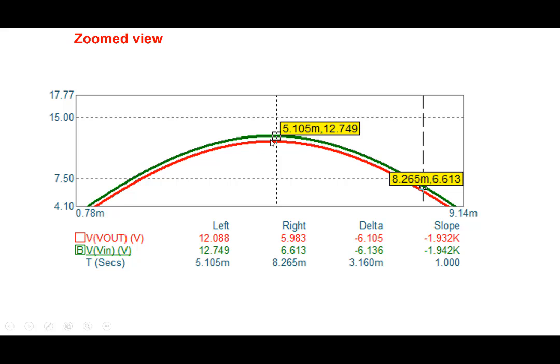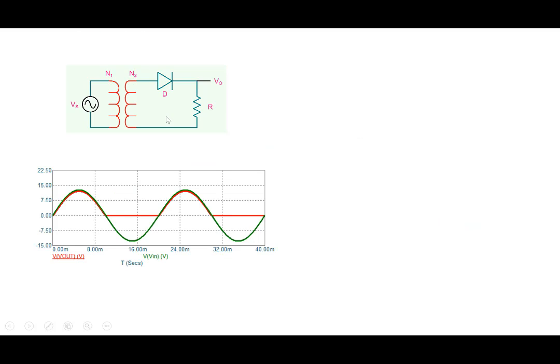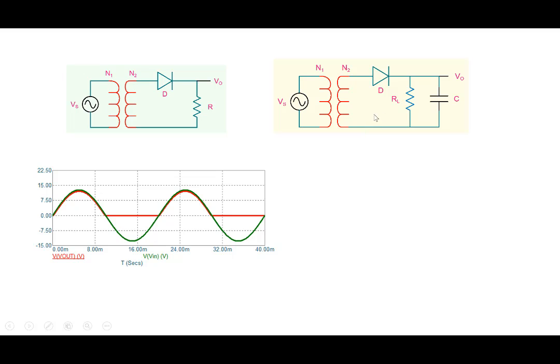All right, so that's a zoomed view of the signals, and so with the transformer we are able to get the output of the right magnitude, and with half wave rectification we can get this kind of a graph. So the next thing that we have to do is add a filter. In this case the filter that we will look at is a very simple filter where we connect a